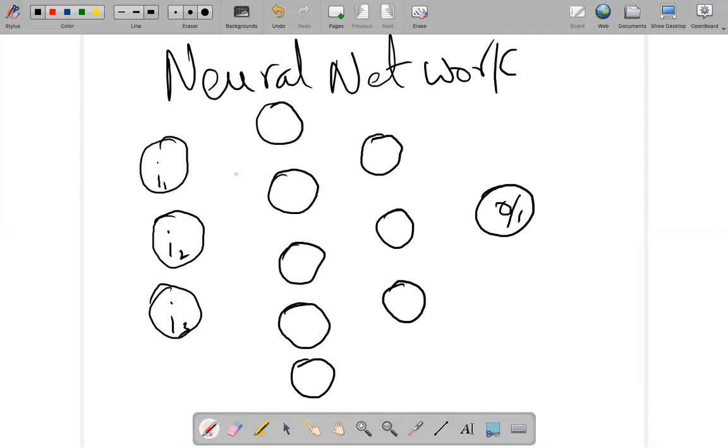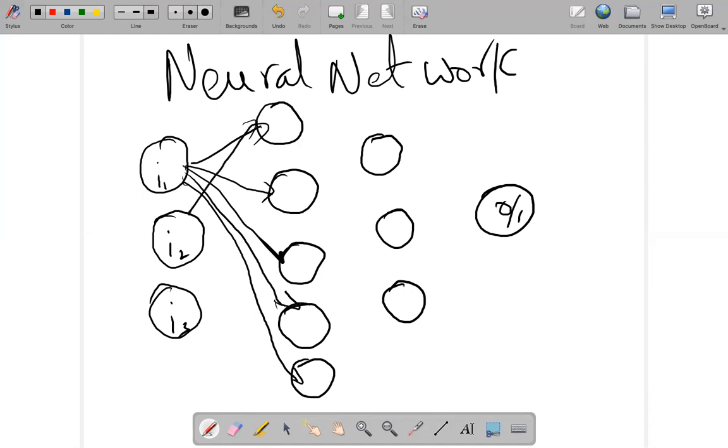Now, each of these inputs will send information to the hidden layer neurons. Every hidden layer neuron will get information from all the inputs. All the inputs have to send the information to all the neurons. Similarly, this will send information here, this will send information here, then this will send information here. It will also send to this neuron and to this neuron.